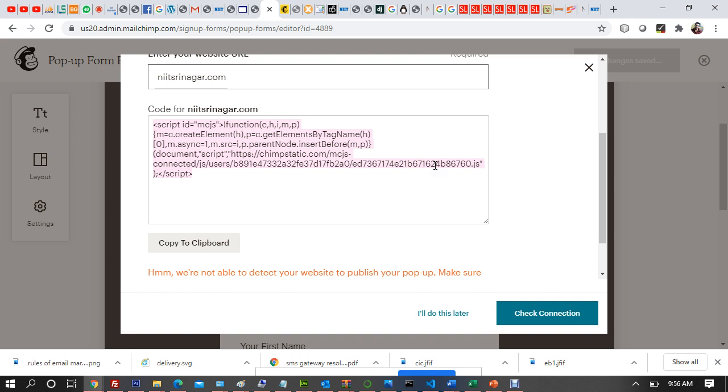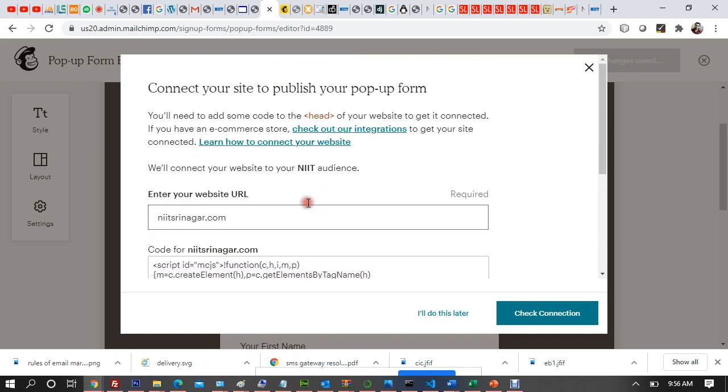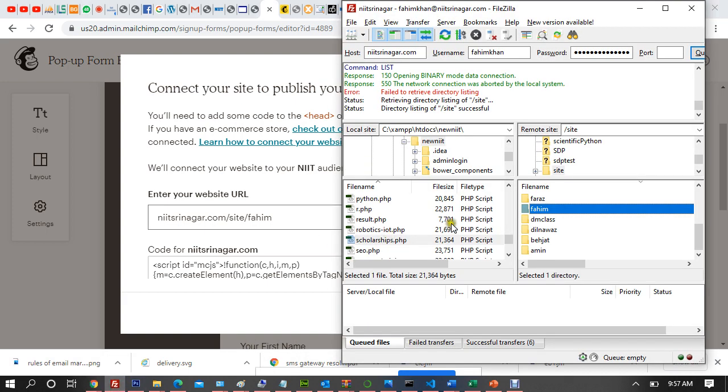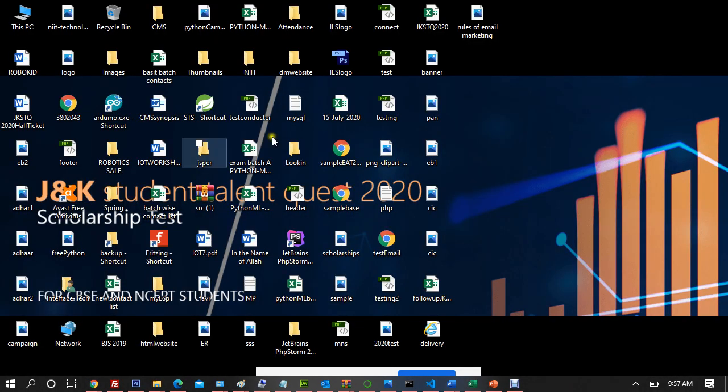Okay, we're not able to detect your website to publish your pop-up form. So I'll have to use iitsrinagar.com/site/Fahim. All right. Okay, I have this site on the desktop. So DM website.